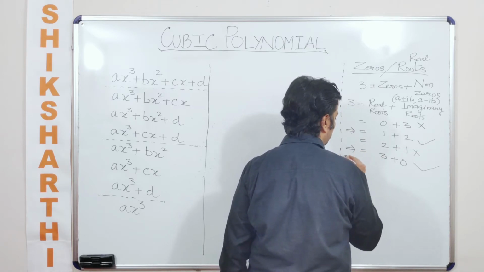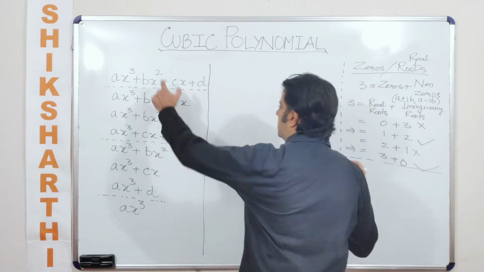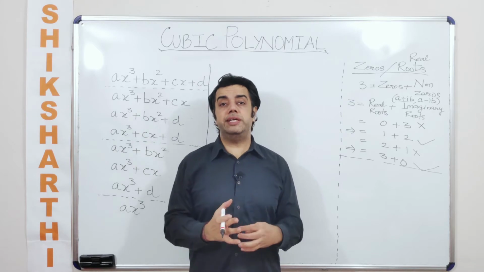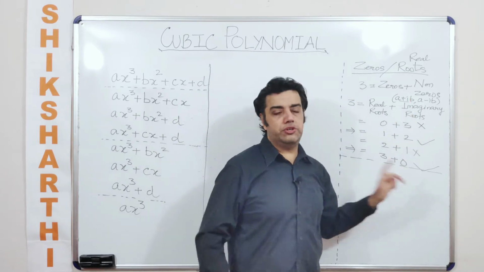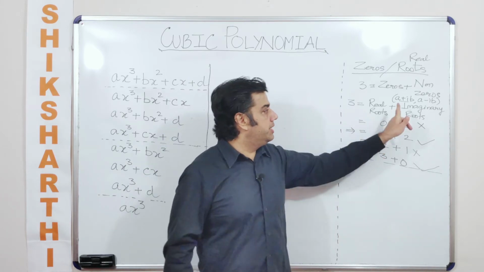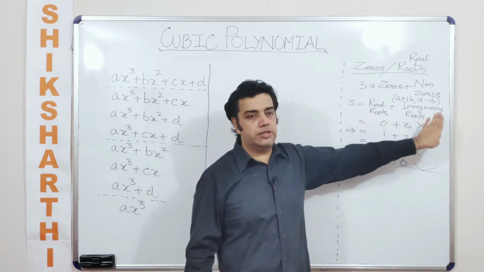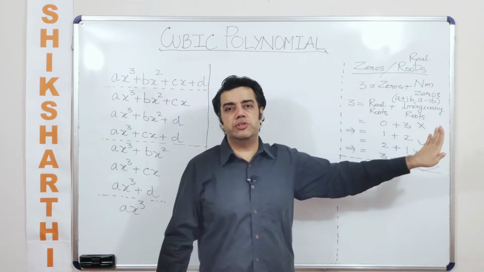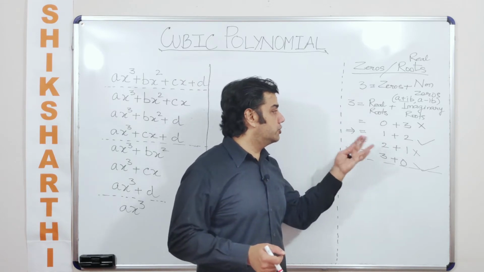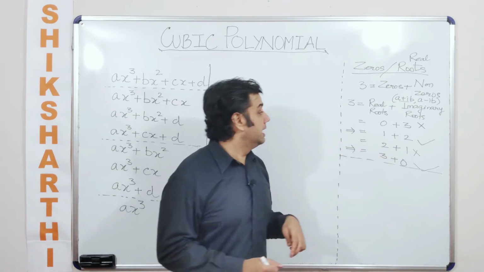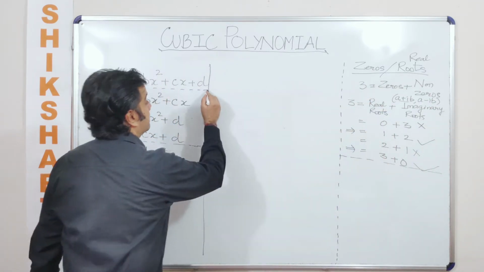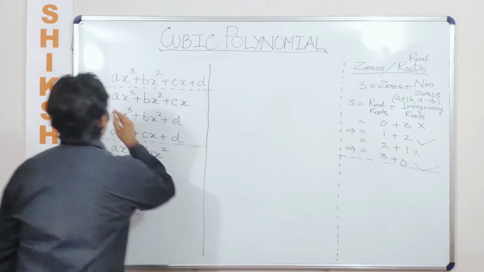So which are the 2 cases which are valid here? This. Now once we know this, we will talk about the quantity and the quality of roots. The quality of roots we have already talked about, and the quantity as well. So what is quality here? Either we are talking about real roots, or we are talking about non-real roots, which in this case become imaginary roots. And the quantity is 0 plus 3, or 1 plus 2, or 2 plus 1. Now we'll use this entire discussion here. How? We'll see that.